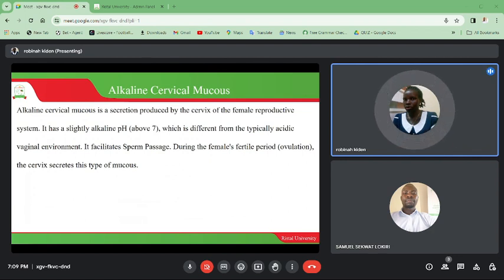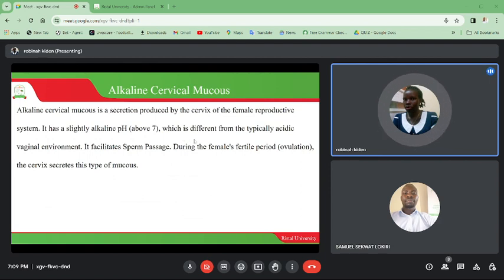But when the woman is nearing or is within her danger days, the days in which she can conceive, the cervix produces mucus or fluid which is alkaline in nature,